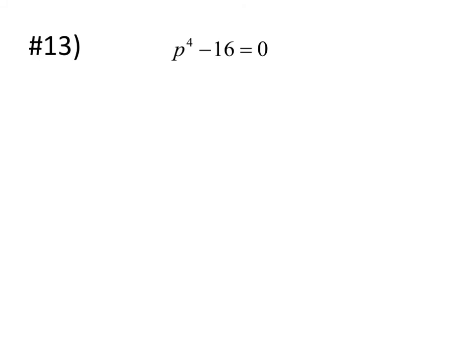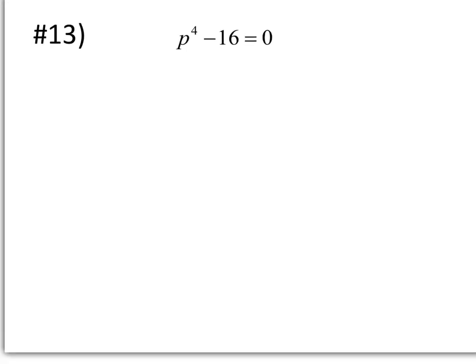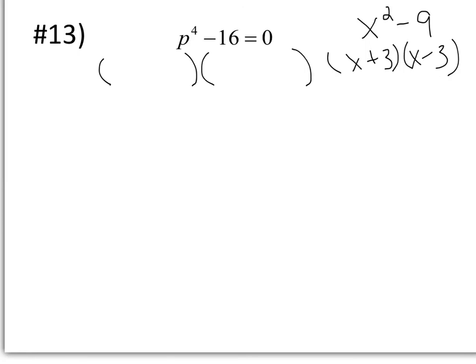All right, here you have p to the fourth minus 16 equals 0. So hopefully you recognize immediately that this is difference of squares, because p to the fourth is a perfect square and 16 is a perfect square. So you remember when we first did this, our example started with like x squared minus 9, and you knew that that was x plus 3, x minus 3. So that's exactly what we're going to do here, except it's p to the fourth, so it's going to become p squared plus 4 and p squared minus 4